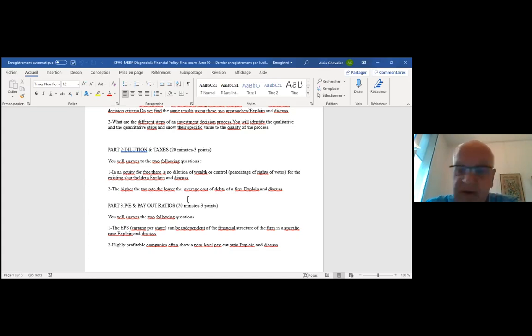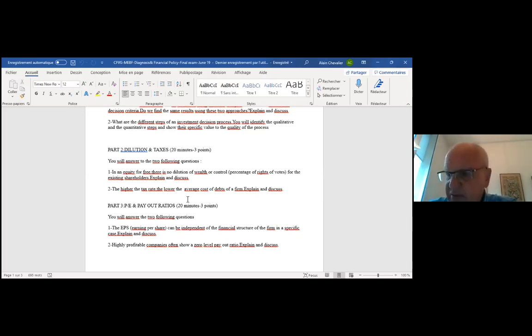And when we have profitable firms, of course, if you have, for example, 5% for the cost of debt before taxes, and multiply by 1 minus 0.3, for example, 30% of tax rate, it means you multiply 5% by 0.7, which is 3.5. And you understand that if you integrate the tax rate, you get a cost of debt which becomes lower than without taxes.